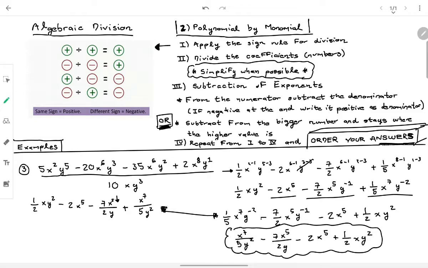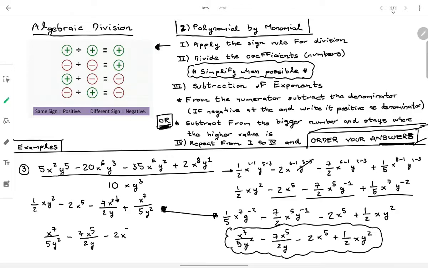So if you see here, these two of them are the same ones. So it's up to you. Maybe you can do it in one simple step, or you can do all the steps you need. And we will need to order it. So our answer is going to be x to the 7 divided by 5y squared minus 7 x to the 5th over 2y